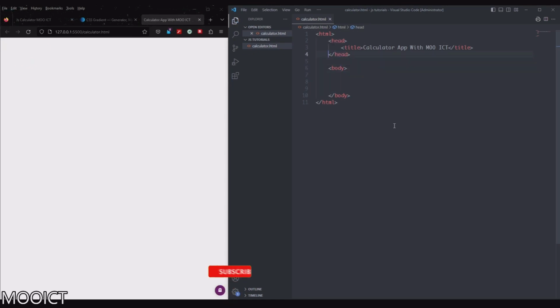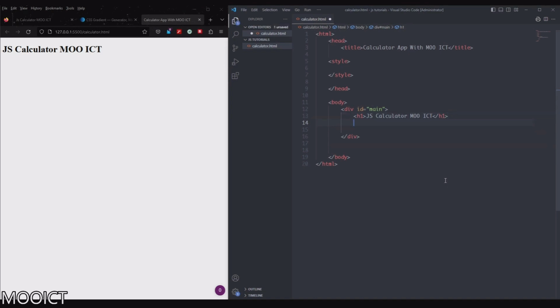Inside the head, I also need the style tag. We'll put the styles inside the HTML file itself. Alright, so inside the body, we're going to be creating a divider, and we'll give it an id of main. This is going to be the main divider that's basically going to hold all of our elements inside. Inside of that, we're going to do a h1, say JS calculator MoICT. As you can see, that shows up on the side there,